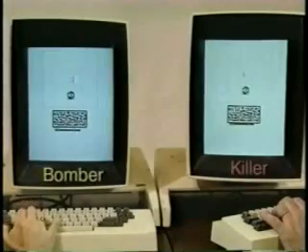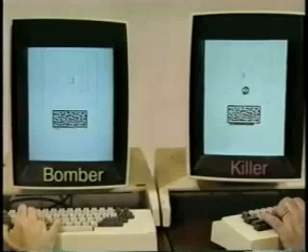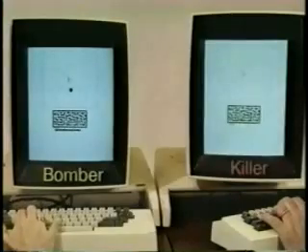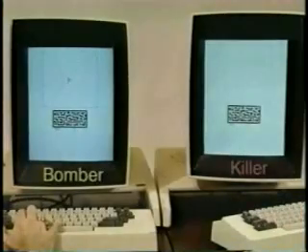And Bomber's moving around. Oh, he found Killer again. Is Bomber going to be able to catch Killer this time? We'll see. Killer got hit. The flashing screen on Killer's side indicates that Bomber